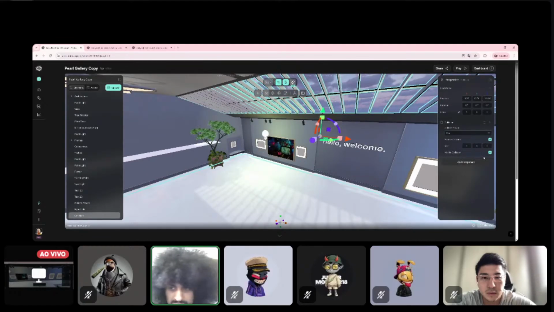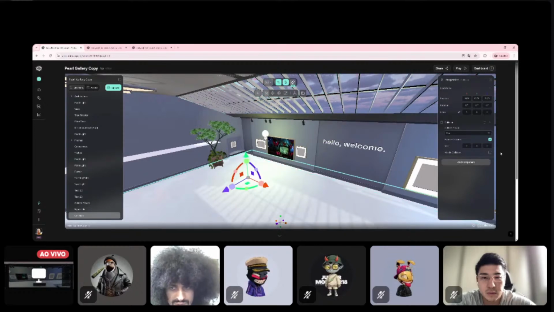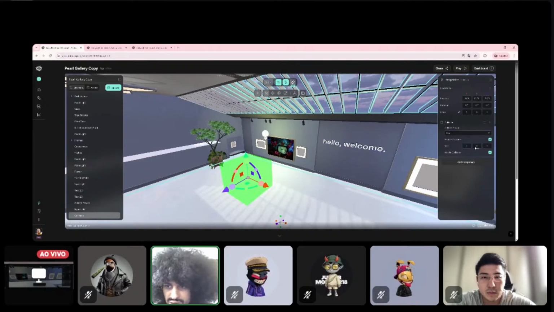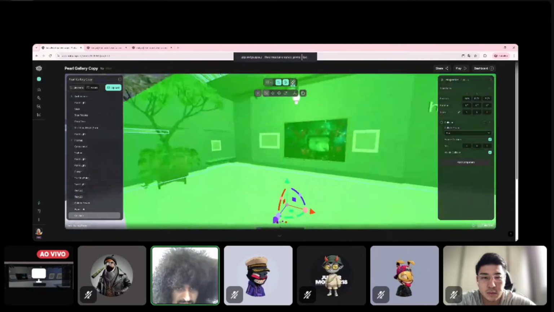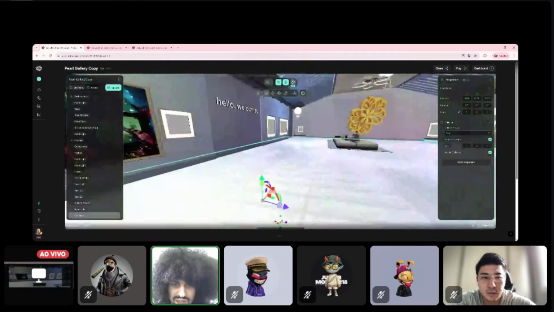You need to make it visible. As you can see, you can change the size. It could be a sphere, a cylinder, or a capsule, and this is just a collider. Your character will come near it and won't be able to transpass it.